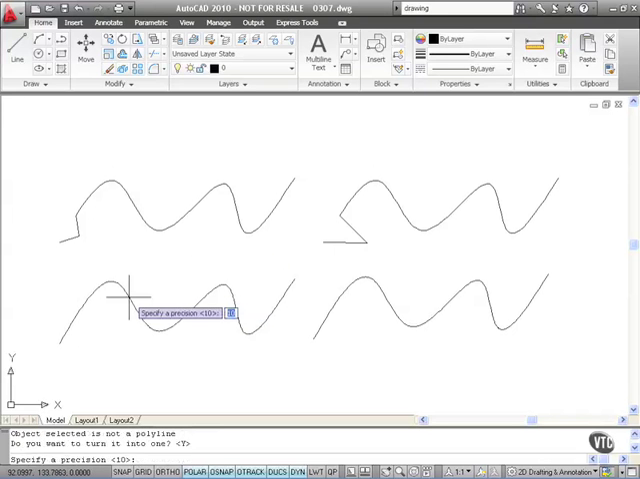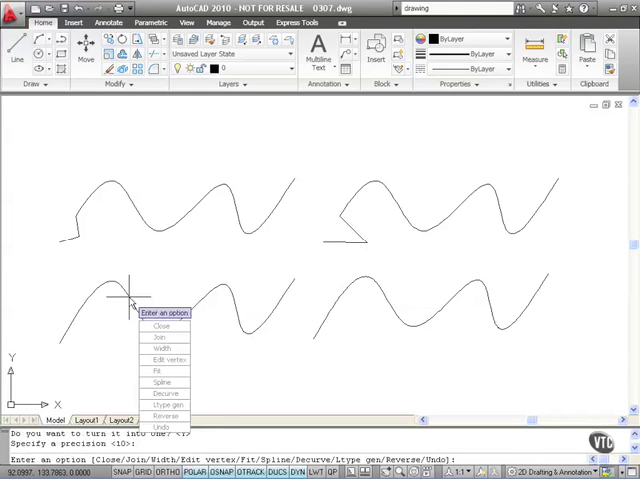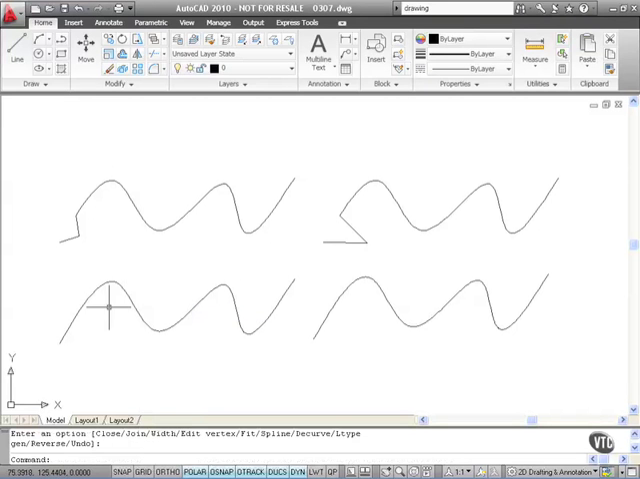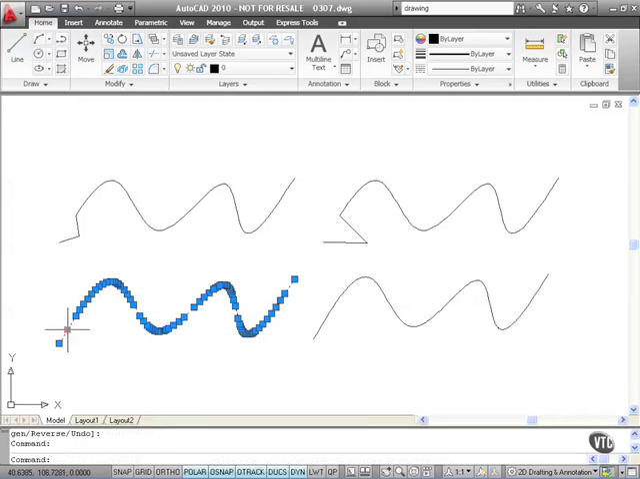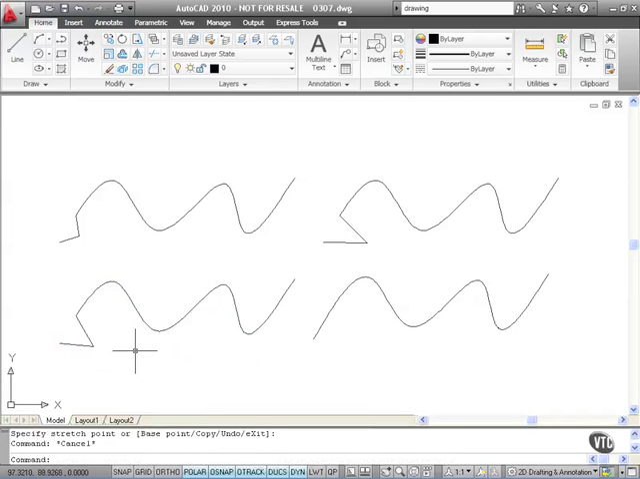Yes, I do. Precision, I'm going to go with 10 again. Press enter, enter to confirm the edit. If I click on it now, click on the grip and drag, you can see that they are line segments that particular spline has been converted into when it's converted into a polyline. So let's change that now and go PLINECONVERTMODE again